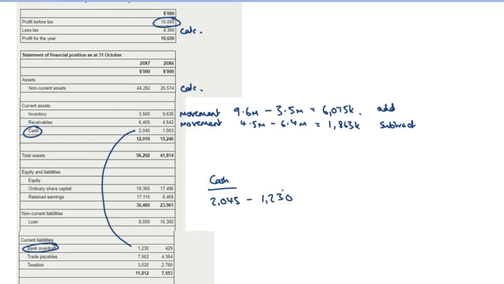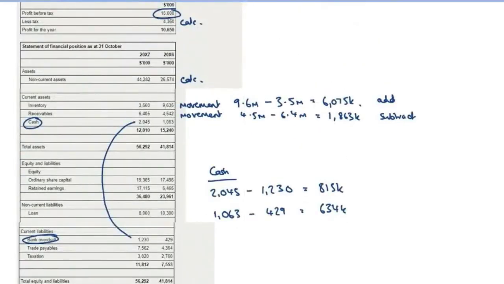And that's going to give me an actual cash position of 815,000. If I did exactly the same for the prior year, I had cash in the bank of 1,063,000, and that's less the overdraft of 429,000, and that is going to give me cash brought forward of 634,000. Now, I just wanted to flag that, and I know I'm running out of time, guys, but I just